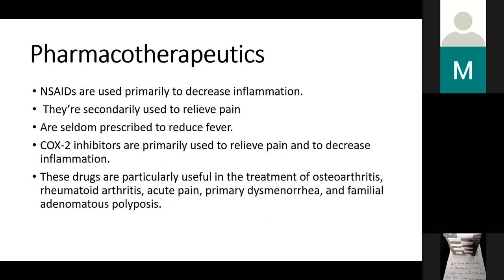So let me use the scenario of a child who has a high temperature. You realize that the parents will say, oh, they gave paracetamol, it wasn't working, and then they gave brufen and it worked. What usually happens is that the brufen decreases the inflammation. So let's say, for example, the child has otitis media. The ears are inflamed. So once they decrease the inflammation, the temperature will also come down because fever is one of the components of the inflammation. But it is not a very strong